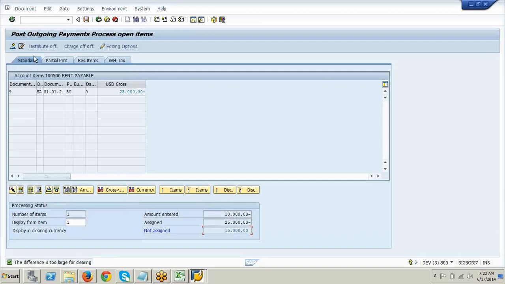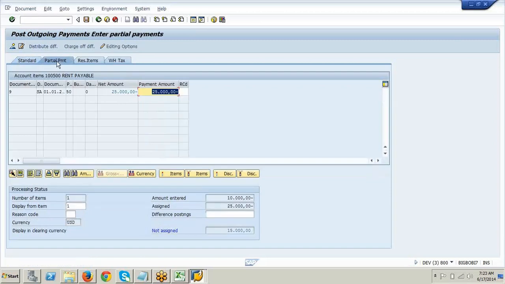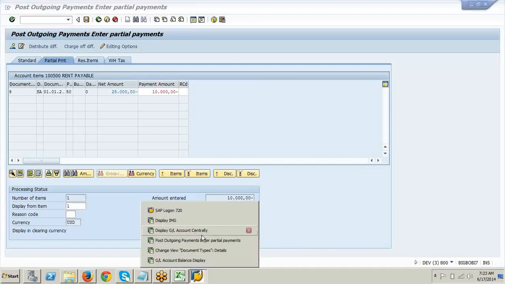The earlier one was a standard payment, bill to bill, entire amount to amount we have done. Now I'm going to partial. Either you enter manually over here that 10,000 amount, or you just double click on this and automatically that amount will come here, 10,000. Now the balance is 0. So before I save this, I just wanted to show you that line item report.